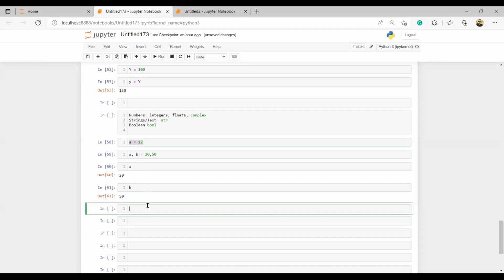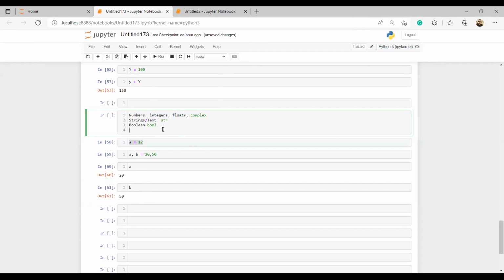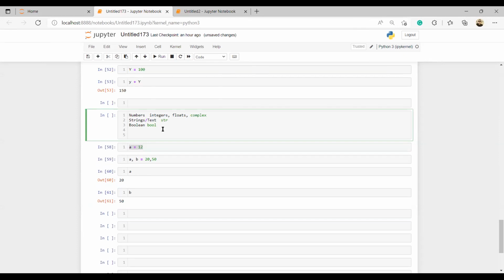Can you see that? So I can assign these at once. Okay. So what we are simply showing you here is that in Python, you have your data types. The basic ones you know are your numeric and your strings. Then you also have what they call data structures.